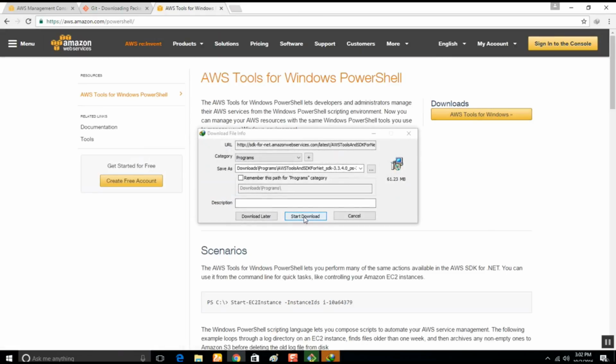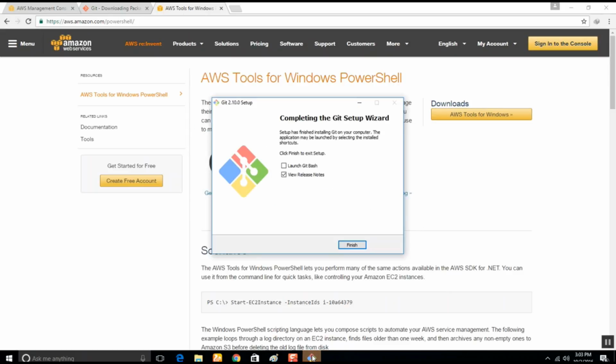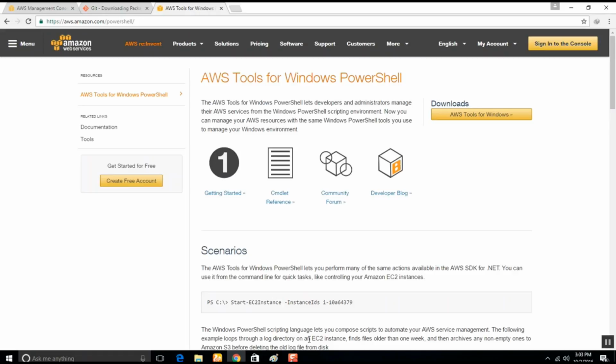You can install it and use it without using PuTTY, but I have already downloaded it, so I'll cancel. Okay, now Git is completed. Finish.